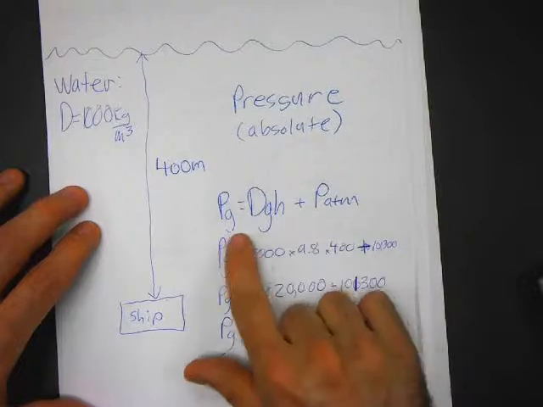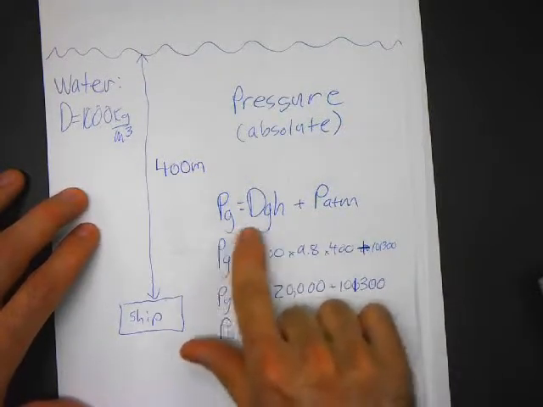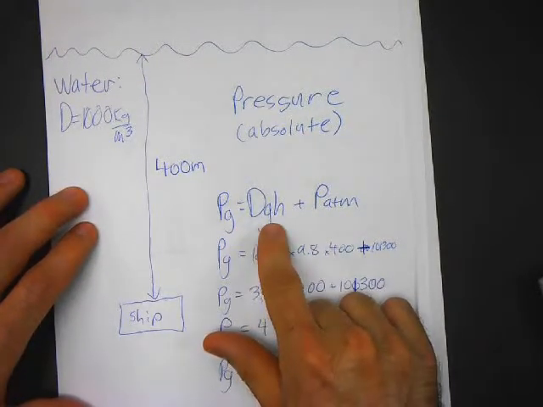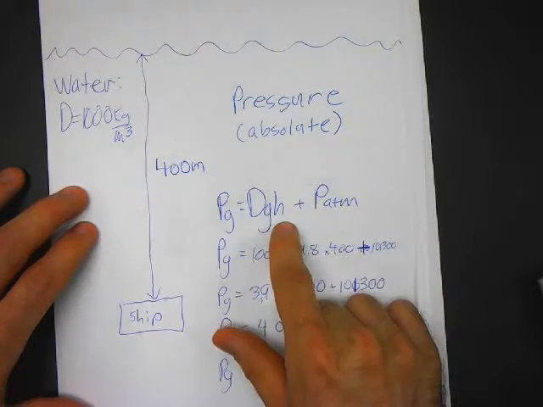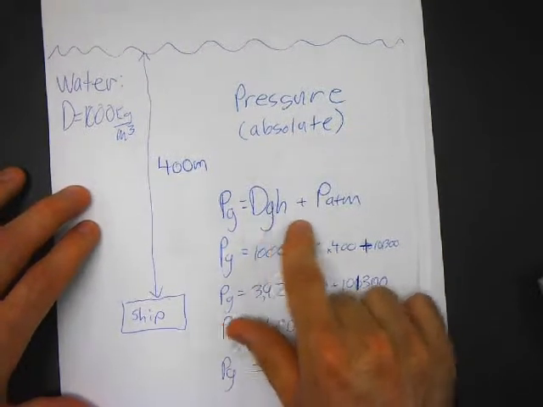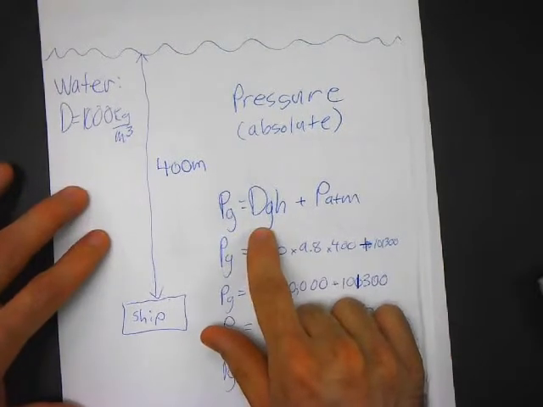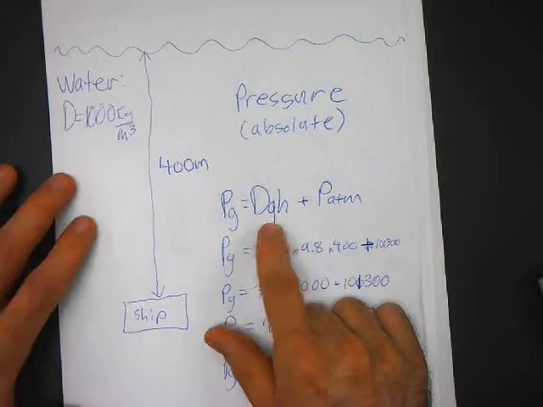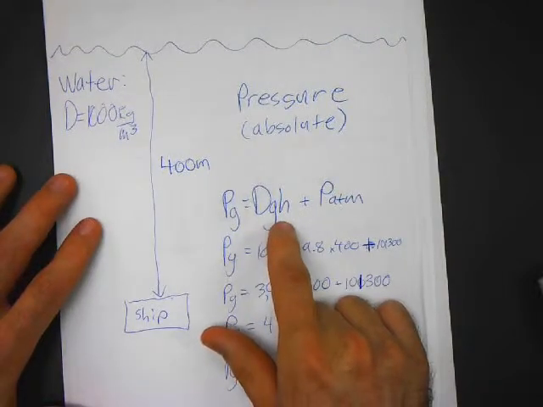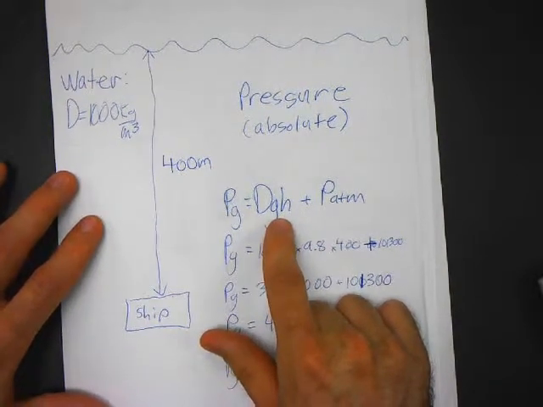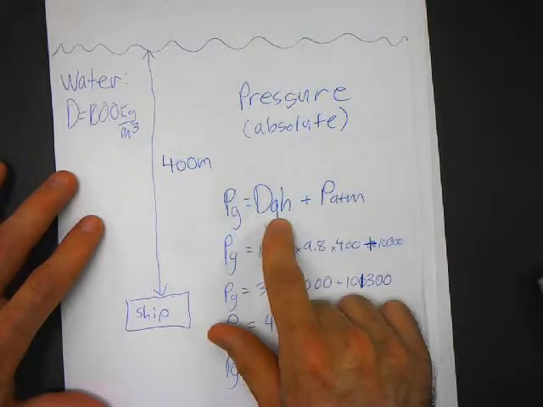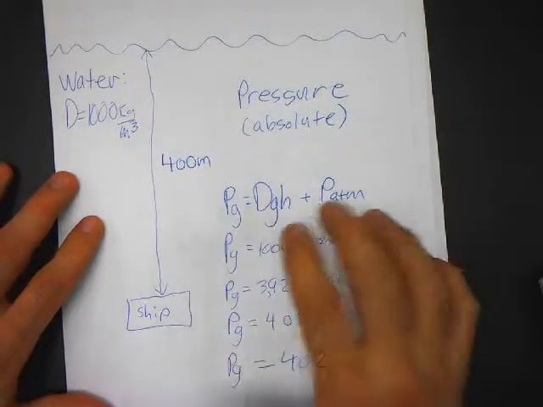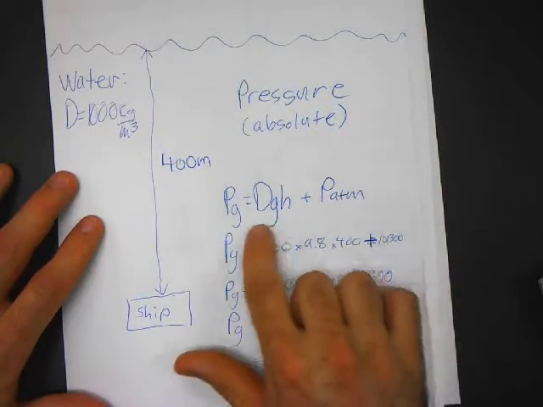By the way, this does not work for atmospheric pressure problems, meaning you can't take the height of air above you and use this formula because gravity changes with height above the earth. And the other thing is the air compresses closer to the surface of Earth because there's more pressure on it. So this only works for